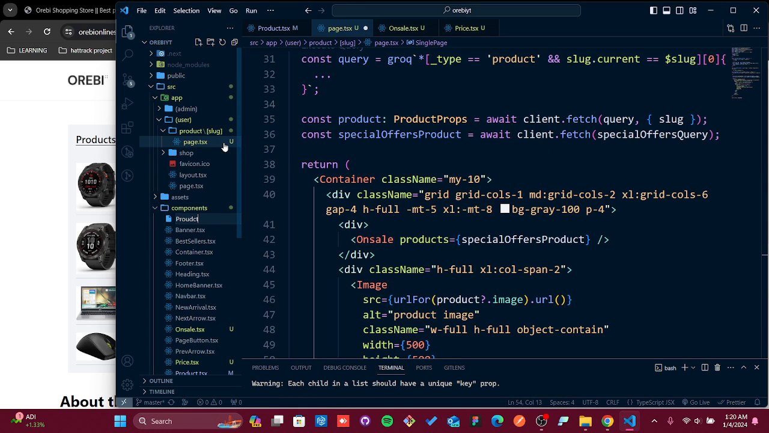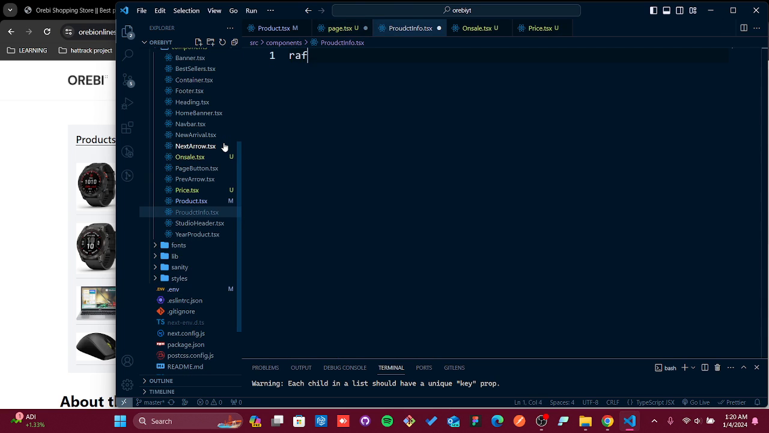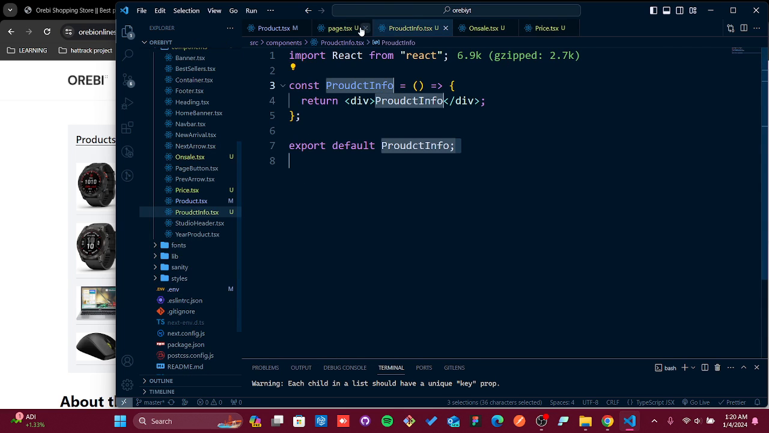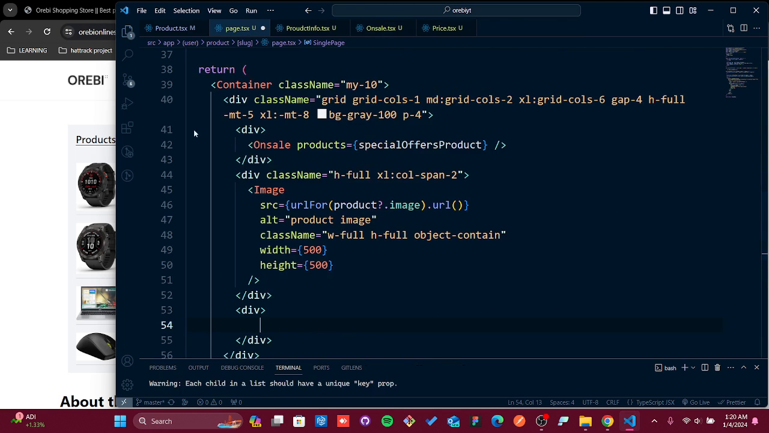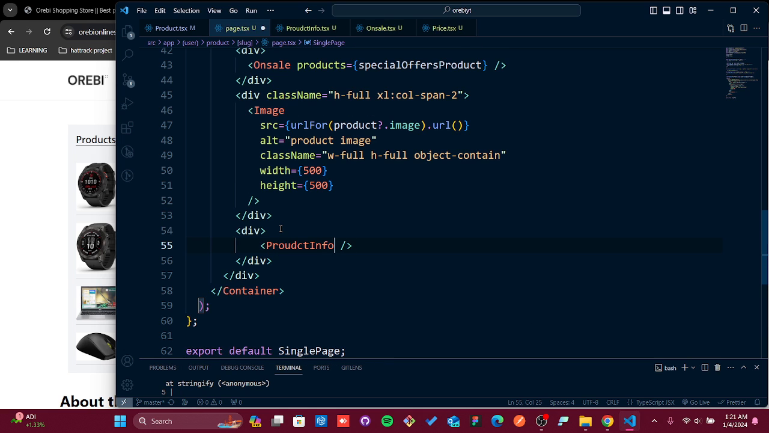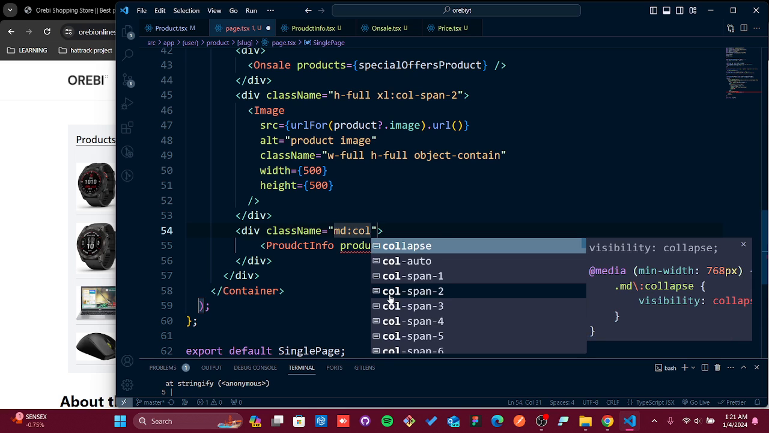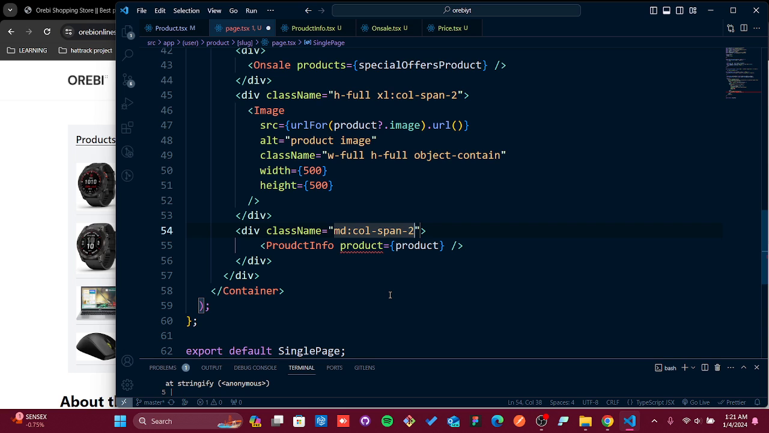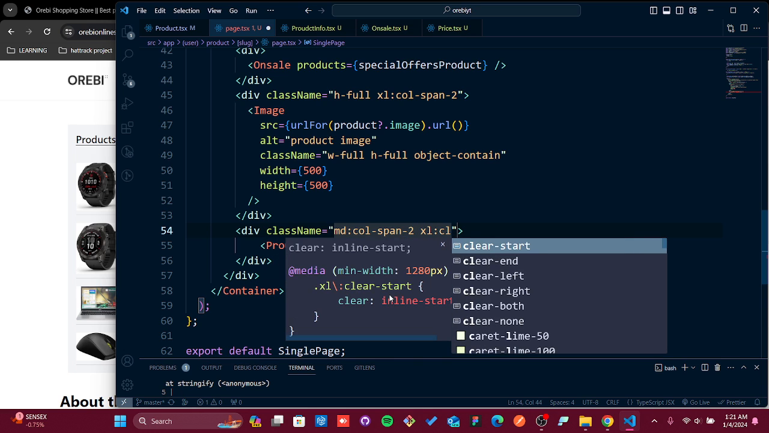I'll create one, product info.tsx, with RAFCE. Now in that product info we can render all the properties. Here it will take that product info, and it will just pass the product. That's it. And give a class name on that: height, width, it will be similar. MD col span, it's gonna be 2. Okay, and XL col span gonna be